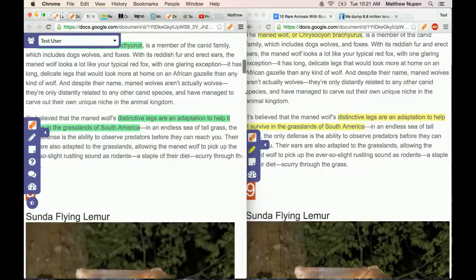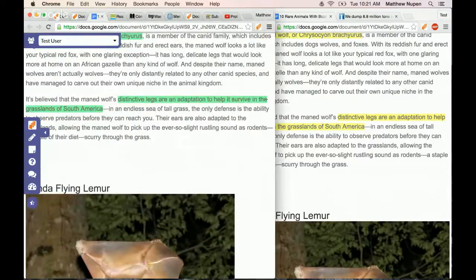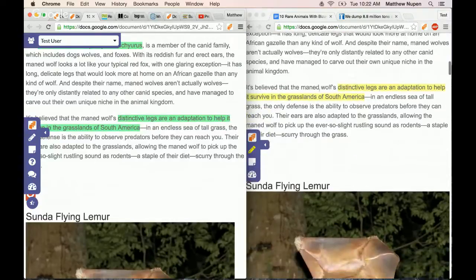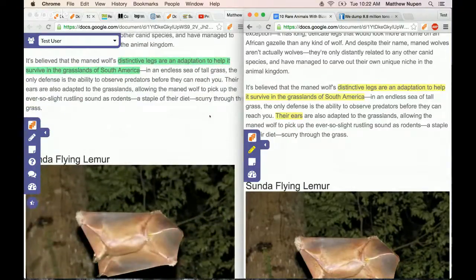What's really cool is that as a teacher, I can view this on my iPad, my phone, my Chromebook, whatever it is. I'm walking around the room, and as the students are going through, they're highlighting these things. One of the other adaptations here is their ears. And where was that on here? Their ears are also adapted to grasslands, allowing people to,